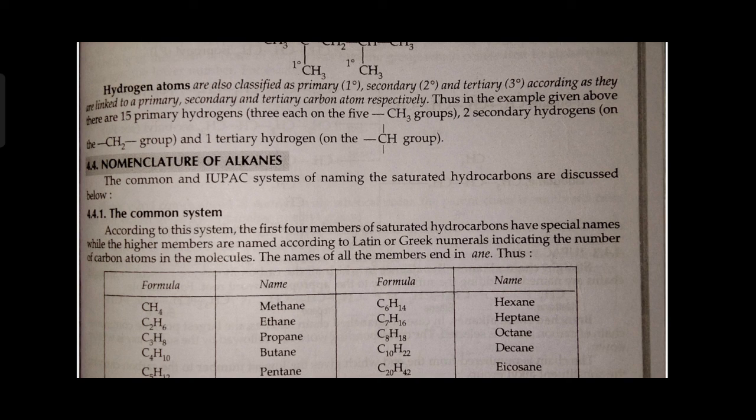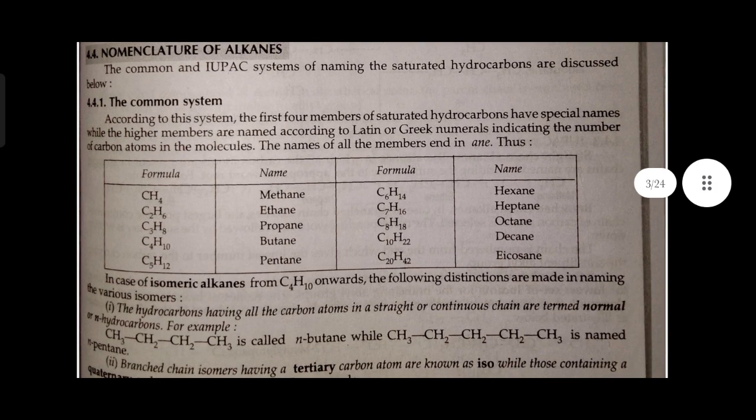First, we know about the common system. According to this system, the first four members of saturated hydrocarbons have special names, while the higher members are named according to Latin or Greek numerals indicating the number of carbon atoms in the molecules. The names of all the members end in -ane, that is A N E. Thus, CH4 is methane, C2H6 ethane, C3H8 propane, C4H10 butane, C5H12 pentane, C6H14 hexane,